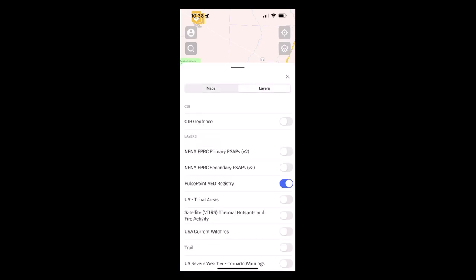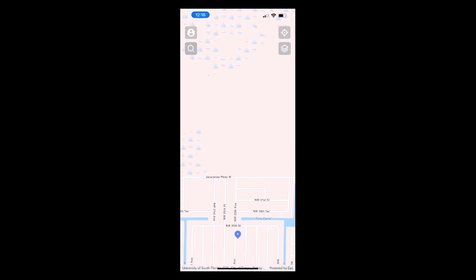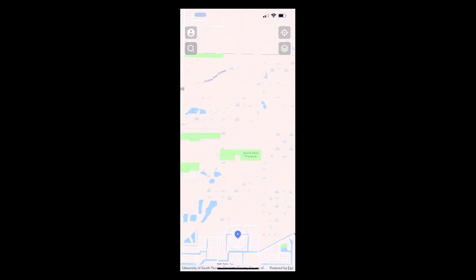All right, so let's turn that off. Go back to Center on Me. So now let's take a look at other responders. Using two fingers, I'm going to zoom out,